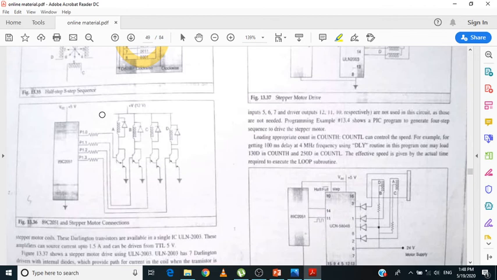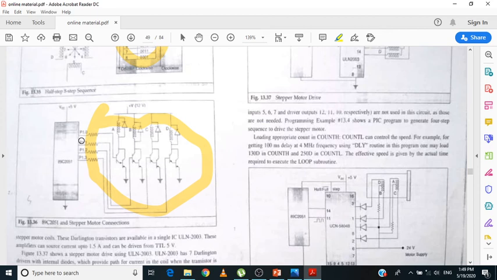So here you have this diagram, the interfacing diagram. You may use the 8051 over here, or you may use the PIC microcontroller. Don't bother about it. If they are specifically asking to interface your stepper motor to the PIC microcontroller, then you can replace this entire block with the PIC microcontroller with the help of port A, which is RA0, RA1, RA2, RA3 like that. You can take the port A lines from the PIC microcontroller. If they are asking about the 8051, then this diagram is more than enough.